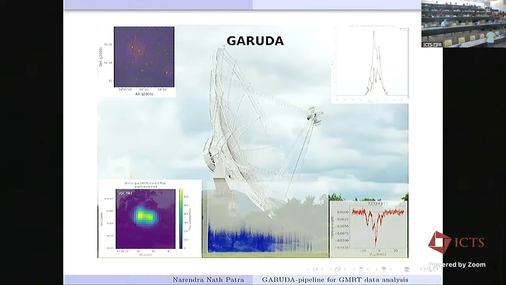Hello. Yeah, thanks. I had a couple of questions, but short ones. With this machine learning flagging that you're doing, it must sometimes flag good data, for example. And the RFI situation, or the nature of RFI, also varies across GMRT bands. So is a common training that you did based on simulation sufficient to apply across bands, and what would be the validation?